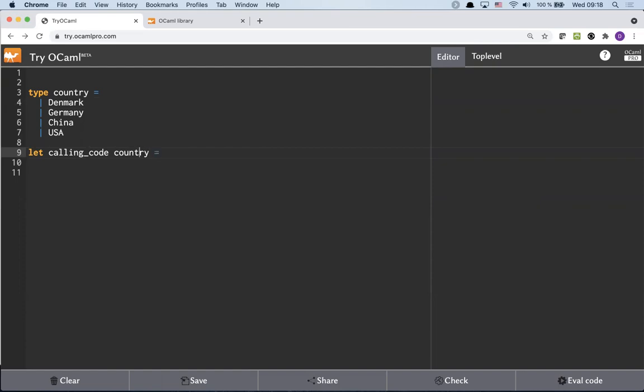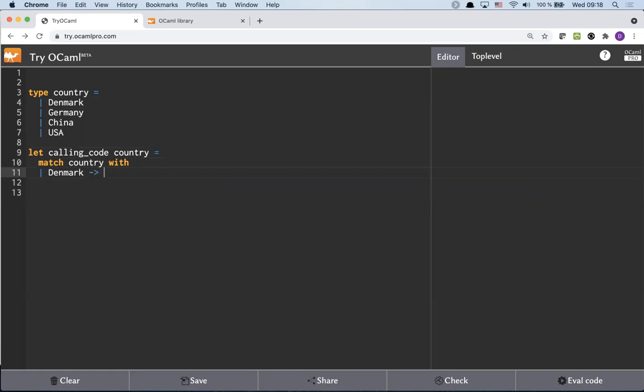Now country here is a type, and here I just happen to give a parameter the same name, but they are not related, and we could call this parameter whatever we want, of course. So we do a match country with,